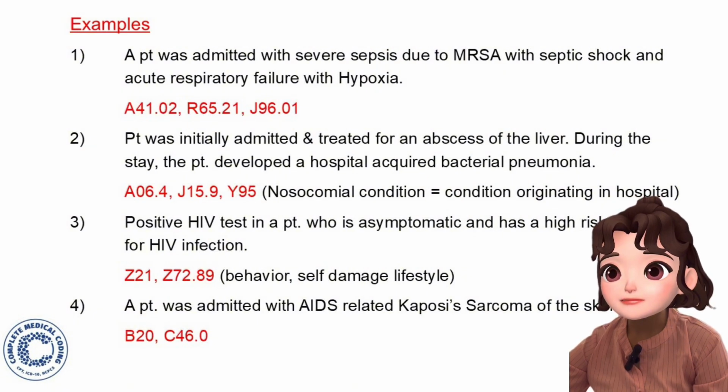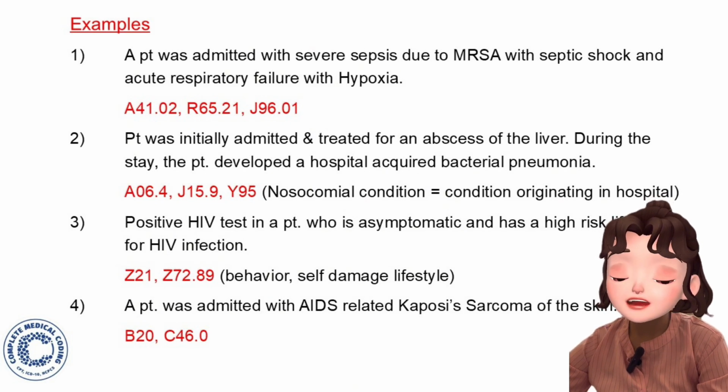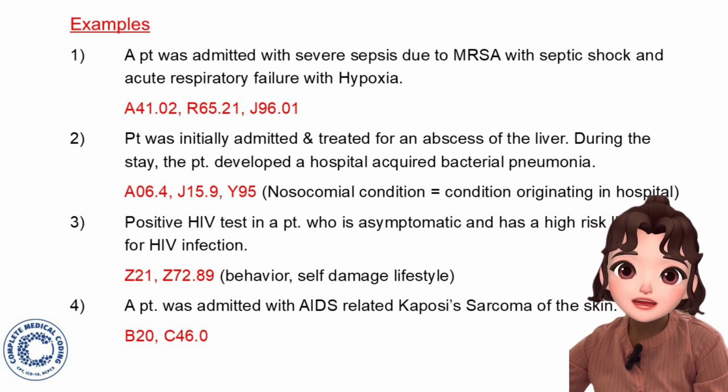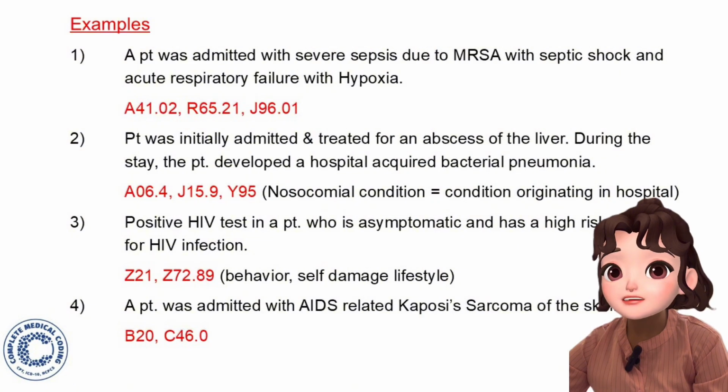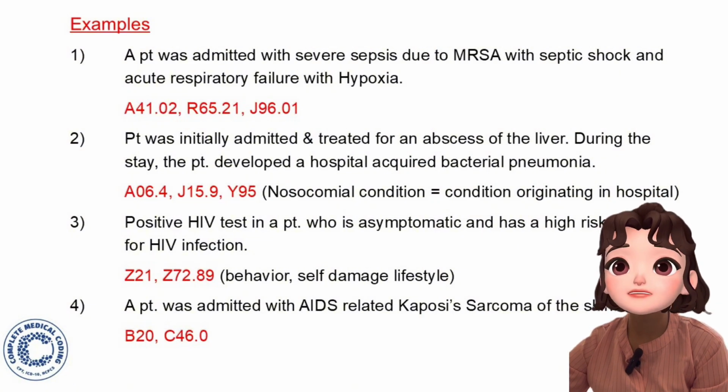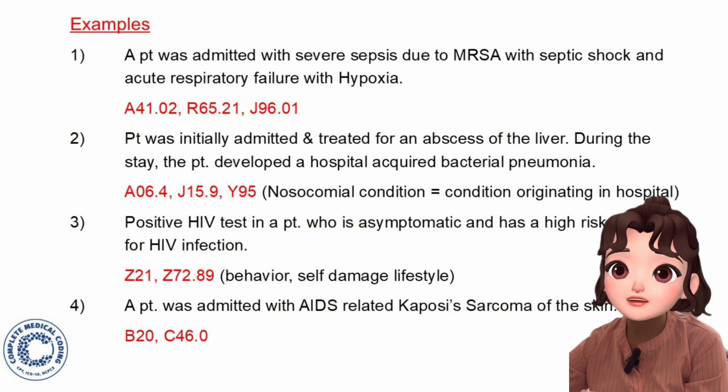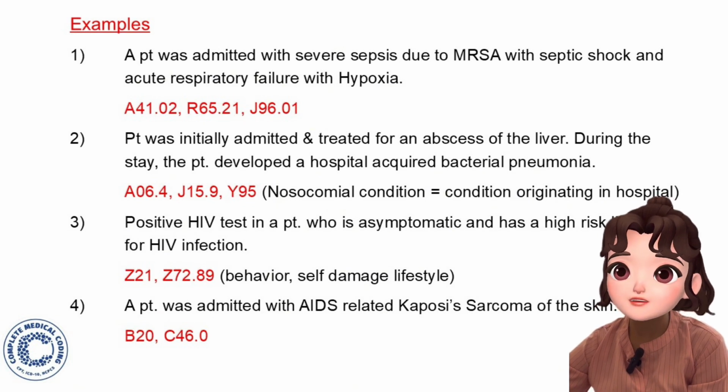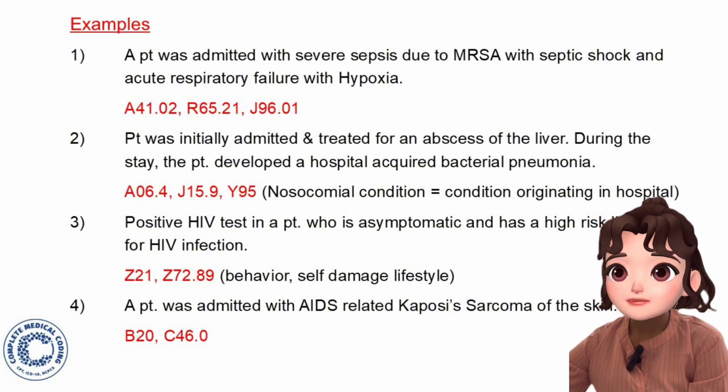Then followed by the pneumonia. He developed pneumonia during the hospital stay. So that you have to code, unspecified bacterial pneumonia. It is not mentioned what type of bacteria. So you have to code J15.9, which means unspecified bacterial pneumonia. Okay. And then